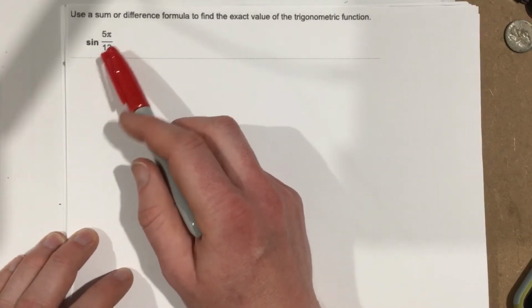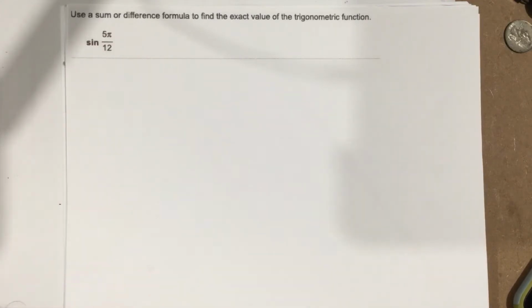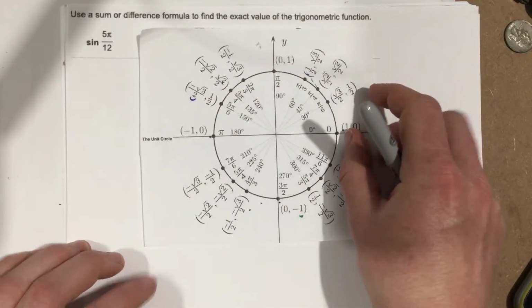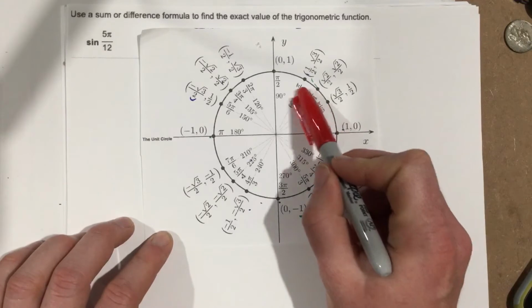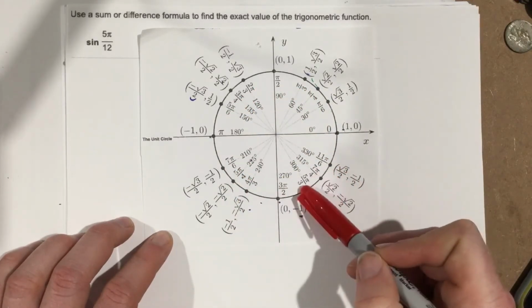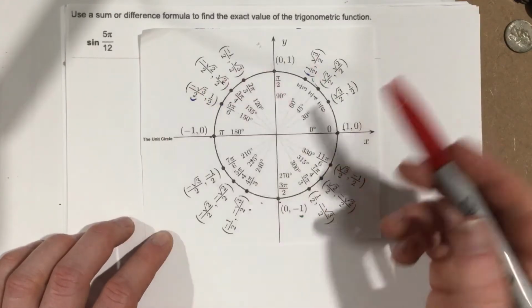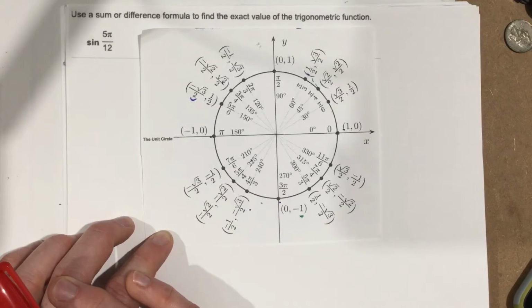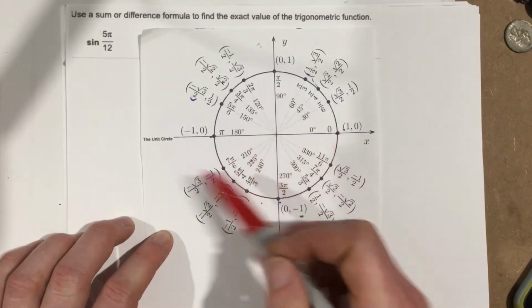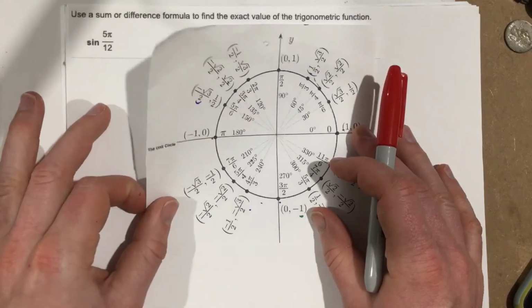Well, you can figure it out by seeing that there's a denominator of 12. If we look on a unit circle, you're going to see that there are no denominators on our unit circle that are above 6, right? We have denominators of 3, 4, and 6. So if you have a denominator of 12, there's no way for us to evaluate that using the unit circle. We could use a calculator, obviously, to evaluate that. But